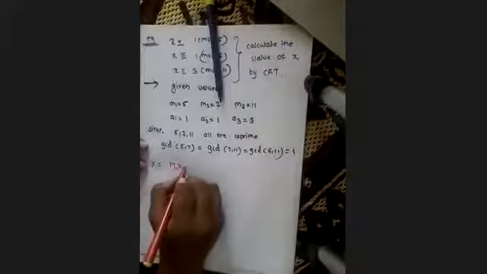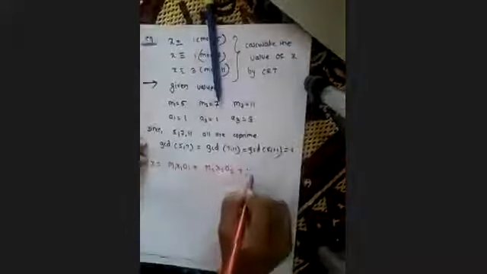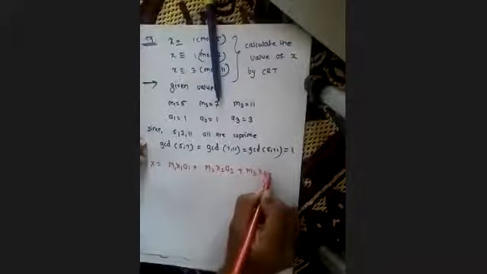Now the first step what we have to do is we will calculate the capital M value. What is our formula? The formula is x equals to m1, x1 and a1 plus m2, x2, a2. Now we have three equations, so we will go up to 3 only, m3, x3, a3. Okay, and then mod m. This is our formula, CRT theorem, by using the CRT theorem.